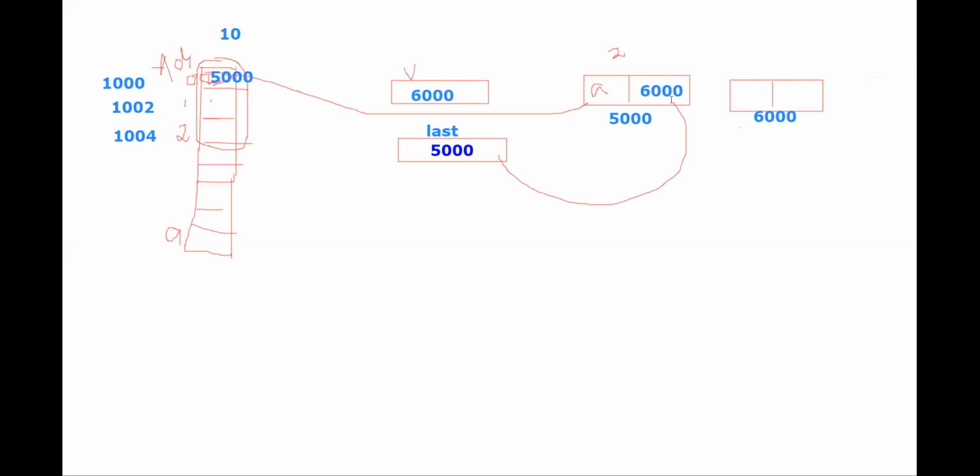Then what about the last node? Now what is the last node? Again I'll get the value of the vertex, for example B. This is null. When a new node is created, it all will happen.